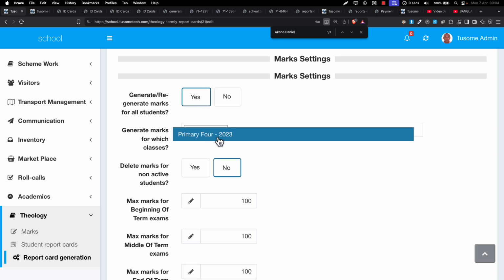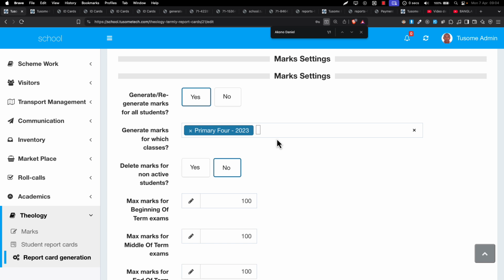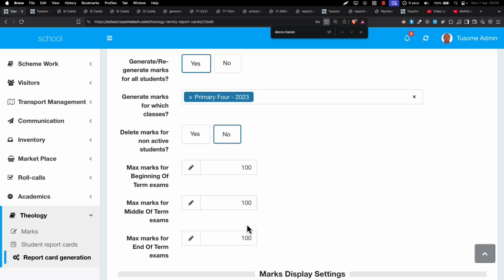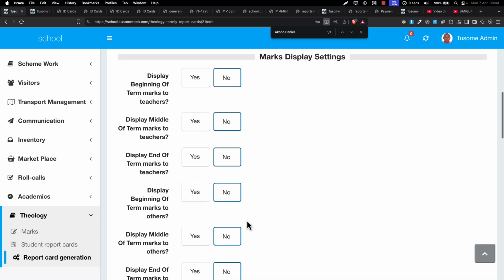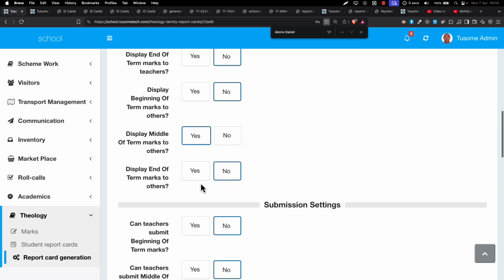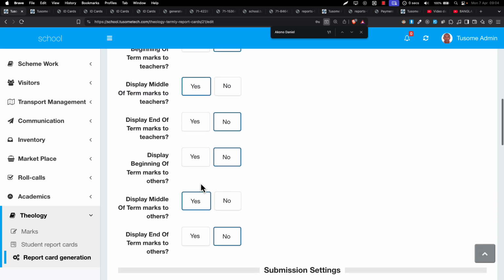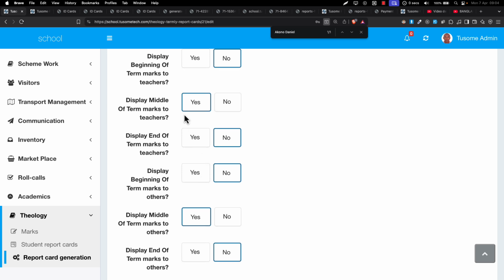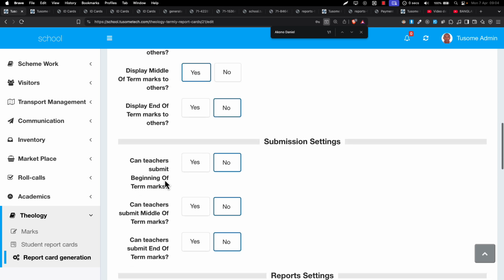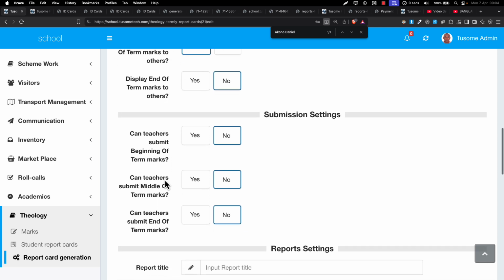I select the classes that I want to generate marks for. Here it will show me the theology classes. Of course, you have only one theology class, so I click there. I put the maximum score for each, and then I say I want to display maybe mid of term marks to teachers and others. After setting what I should display in the mid of term, I can go ahead and now